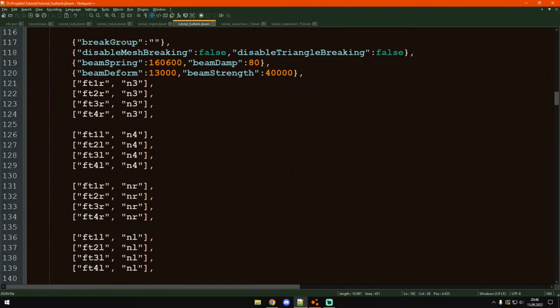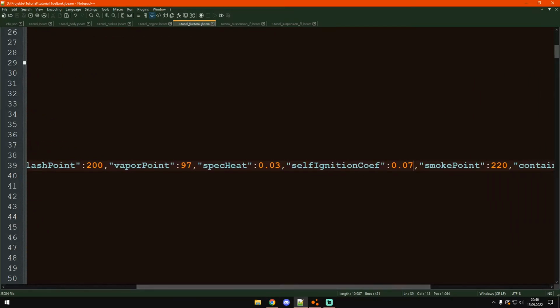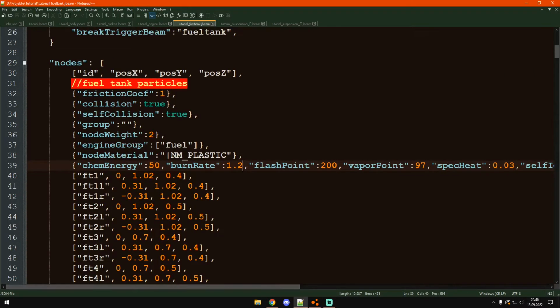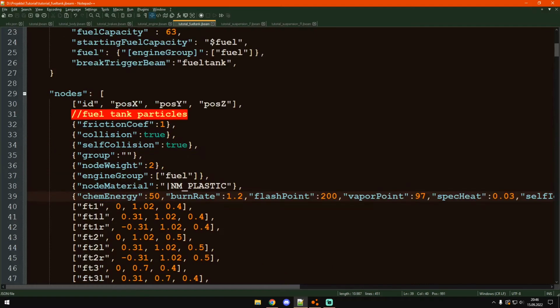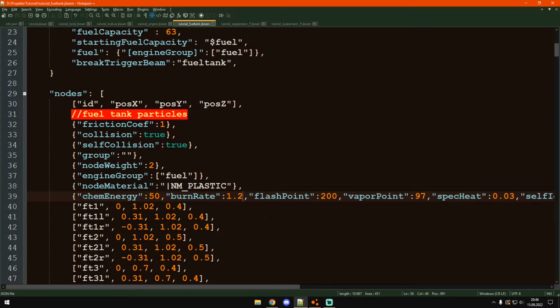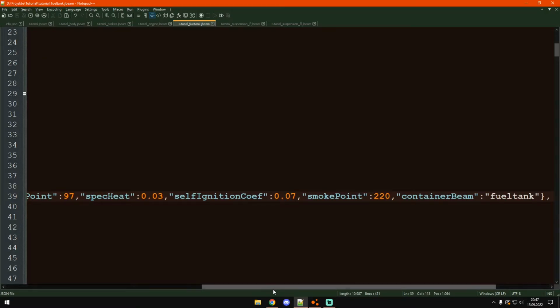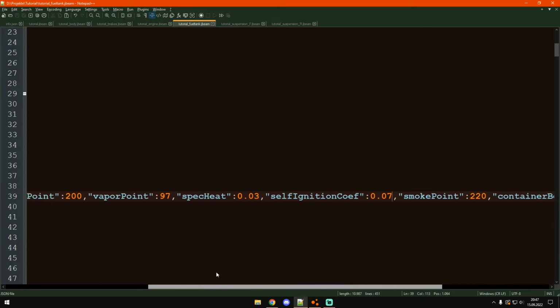I can maybe also show you the standard one. Obviously this isn't really what happens to a fuel tank. If you hit it, you see the burn rate is lower than with the explosive one. Here that's 4, that's like 3 times as much, or something around that. And that's why the fire of the explosive one went out much quicker, because we have the same chemical energy, but with a faster burn rate, it burns quicker. You can see here self-ignition coefficient is 0.07, so it will still ignite from a hit,